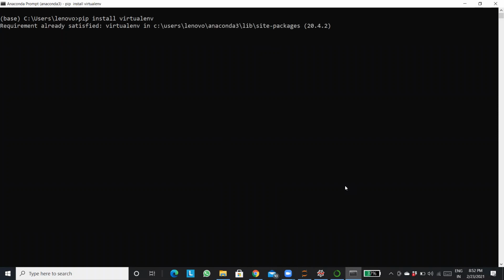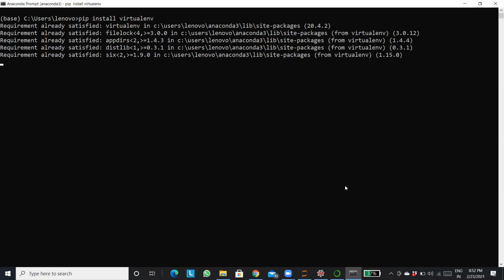Any doubt? Great. So here what I'll do, I'll create a virtual environment. For that, you'll have to install it first. Is the screen visible or should I zoom it up? Is it visible now? Okay, so I'll do pip install virtualenv. It will install.